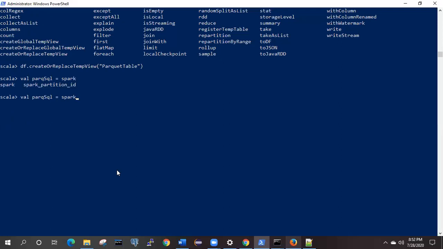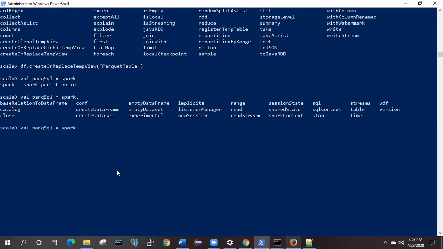So spark dot, now we need to look at the API which will help us read that into SQL format, and here we can see we have sql. So spark.sql, and this is the syntax.